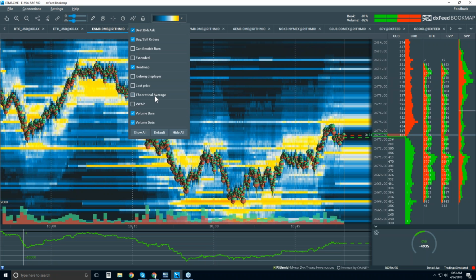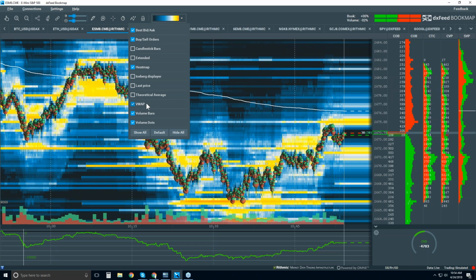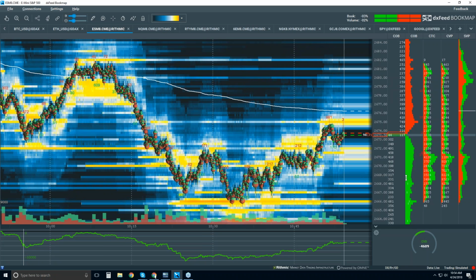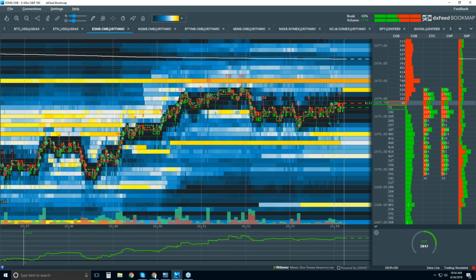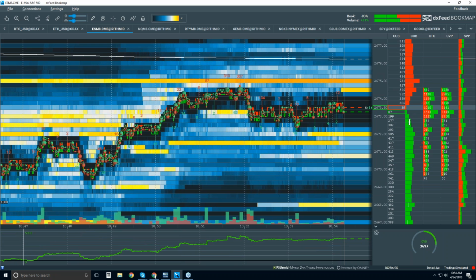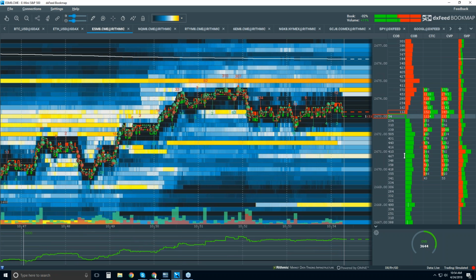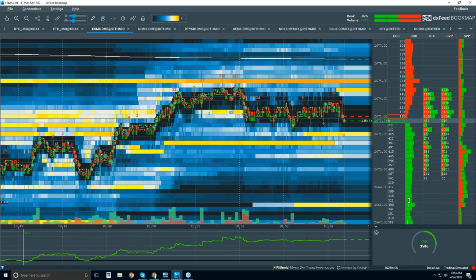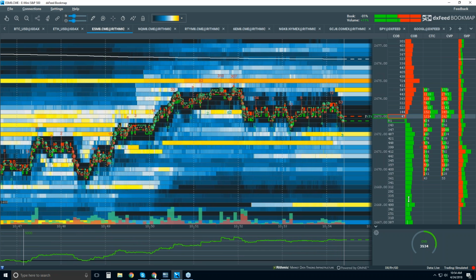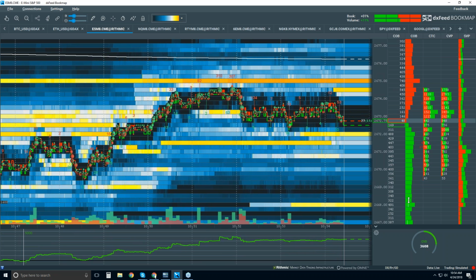So you saw the candlesticks, but we have a VWAP. We have that iceberg detector. We have our large lot tracker, which is this little white line here. Let's zoom in here, and maybe we can see it a little better. Yeah, we don't see too many right now. I could filter the large lot tracker to show more, but I think I just have it on the default right now. And what this little white line here means is that